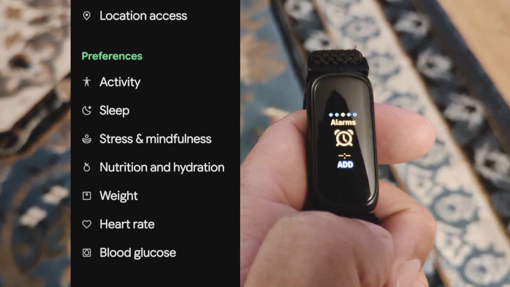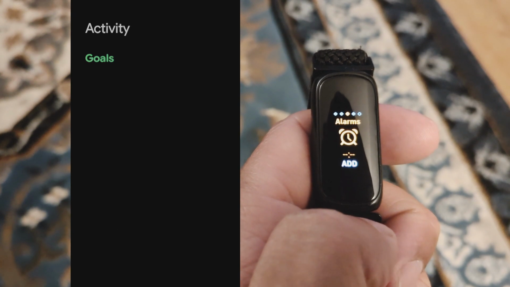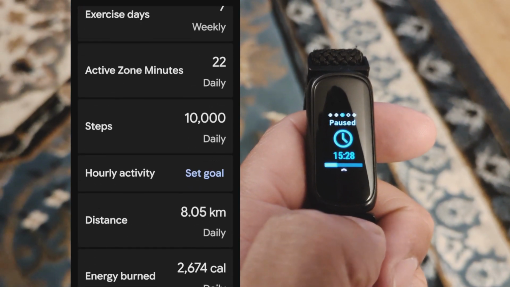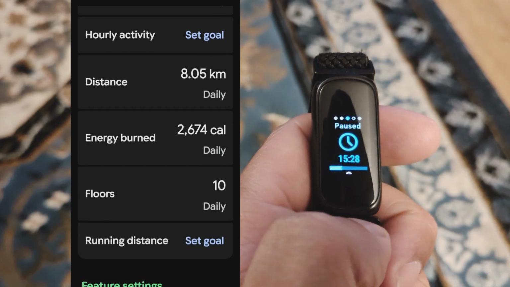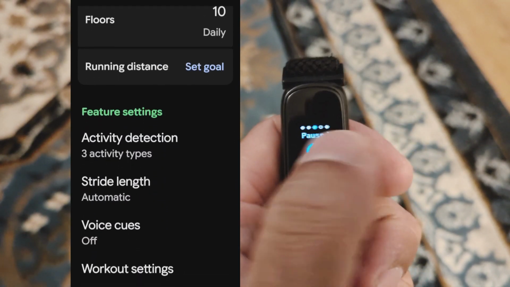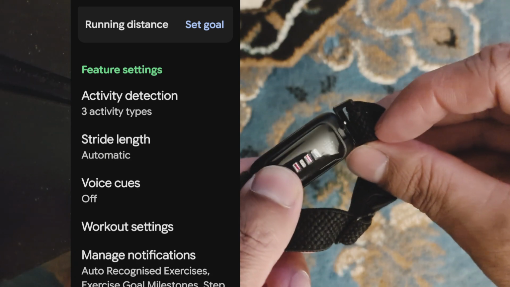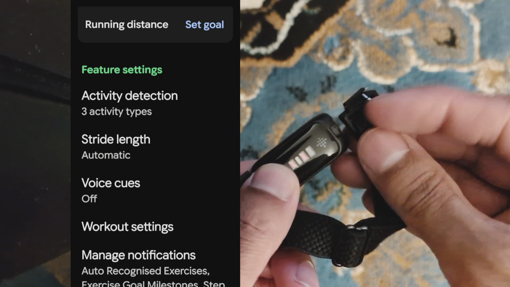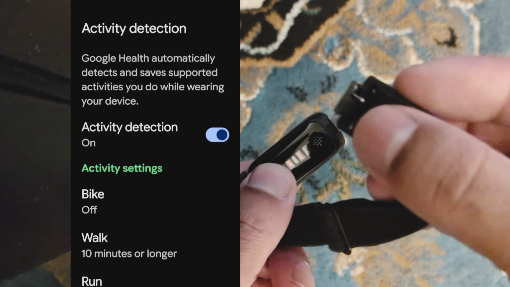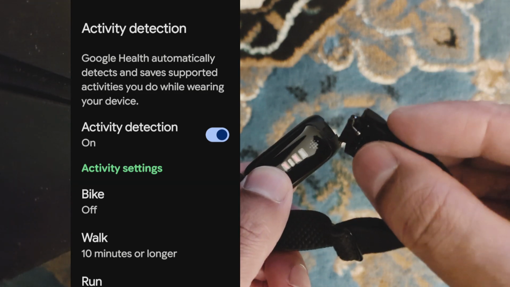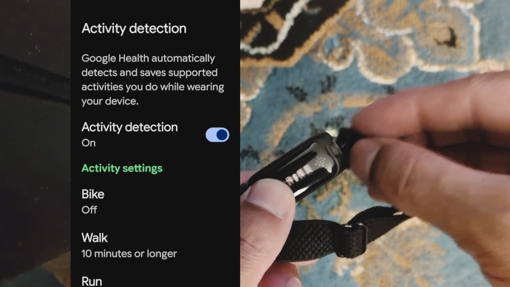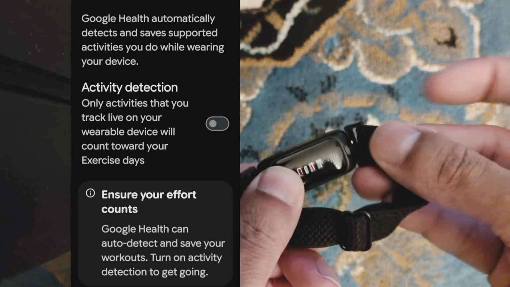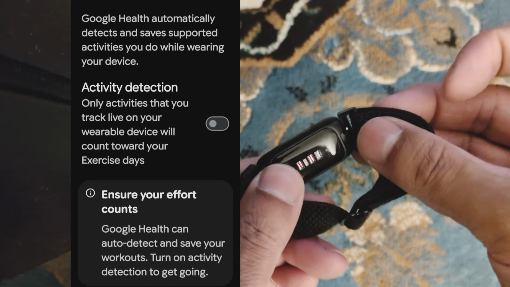then you'll see Activity. All right, now from here, you'll see all the activity stuff going on. You have to scroll all the way down here, and then you keep scrolling, and there you'll see activity detection, 3 activity types. You push that, and then now right there, you just toggle off activity detection. Right now, you can see it's on, and then you turn it off, and then Google will have some things